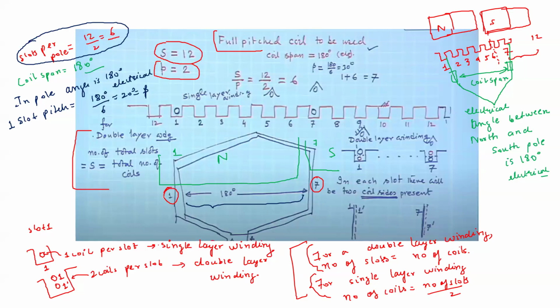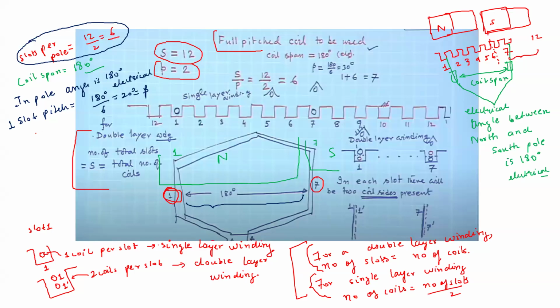If it is a full pitched winding, you can see that sir has also drawn it like this: the first conductor under the first slot and the second conductor in the seventh slot. Because this is a full pitched winding, your coil span is equal to 180 degrees, because under one pole the total angle in electrical degrees is 180 degrees. Now we will see one generalized way, irrespective of short pitched or full pitched coil, to find the coil span. These are very common questions, so I'm discussing them using an example.